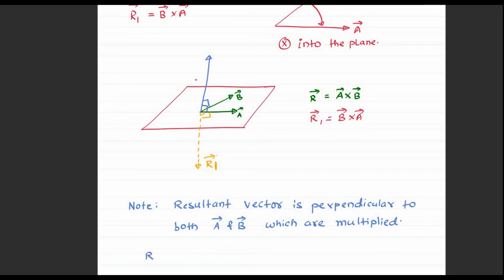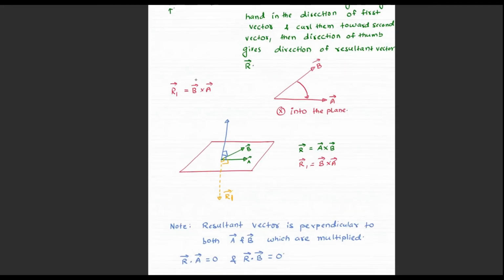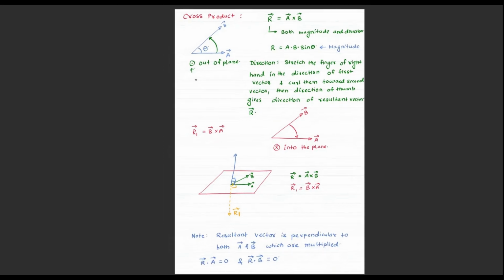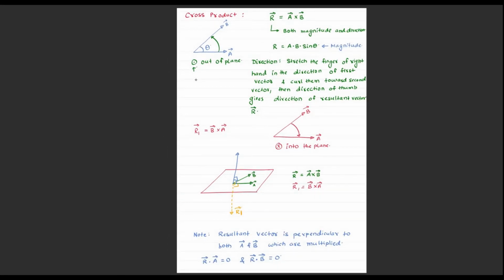So can I say in that case R dot A will also be 0, R dot B will also be 0, क्योंकि अगर R वेक्टर A और B दोनों के परपेंडिकुलर है तो दोनों के साथ उसका डॉट प्रोडक्ट 0 होगा, करेक्ट? आप यहां तक नोट डाउन कर सकते हैं।